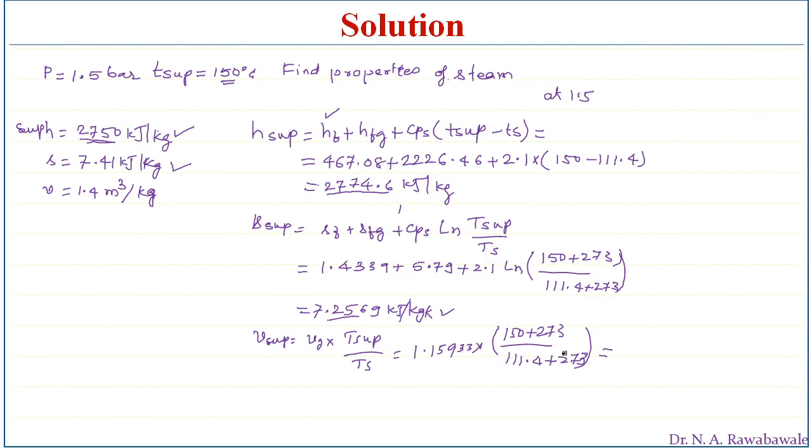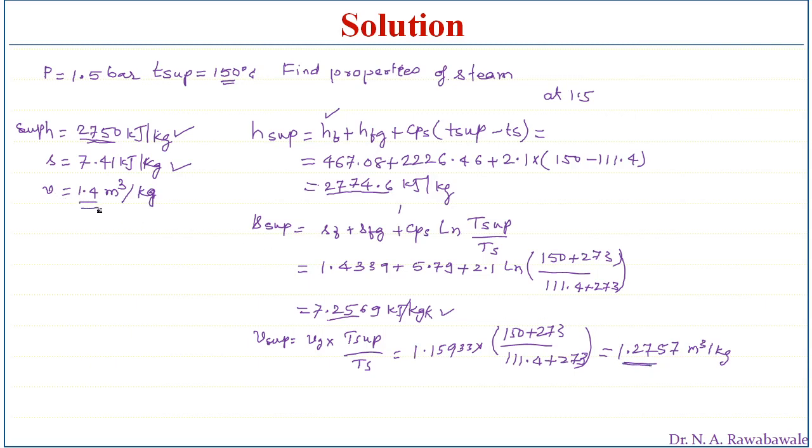So this works out to be 1.27. Specific volume is 1.2757 meter cube per kg. So if we compare, this is approximately 1.3, this is 1.4, so there will be a